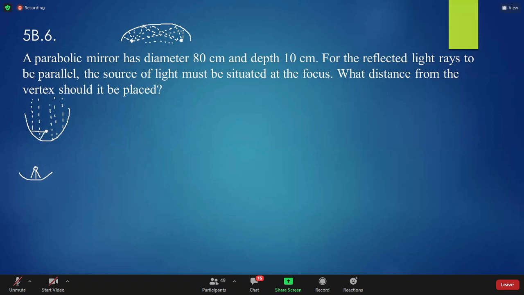Always reflects to the focus. Again, the same situation: it gets amplified because many weak signals coming from the same direction, parallel to the axis, will reflect into the focus. And similarly, when we need a transmitting antenna,